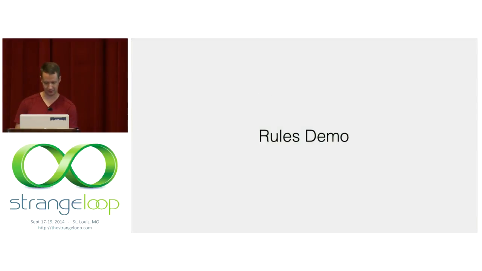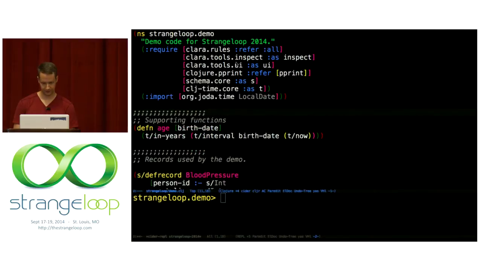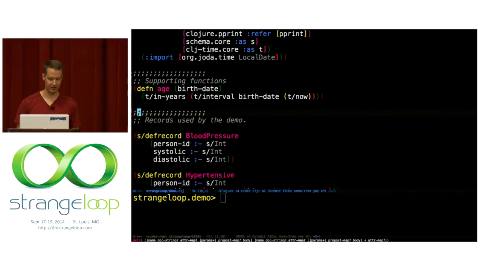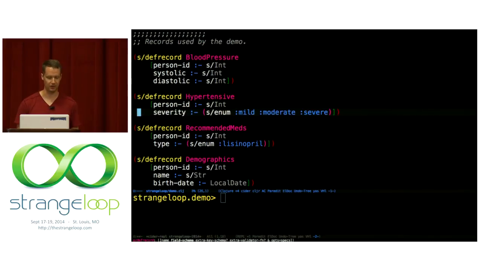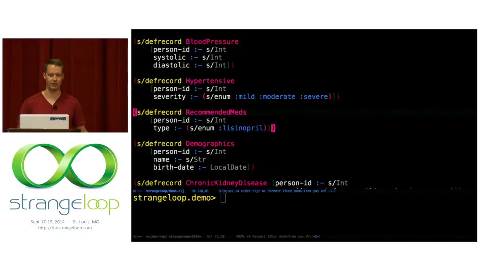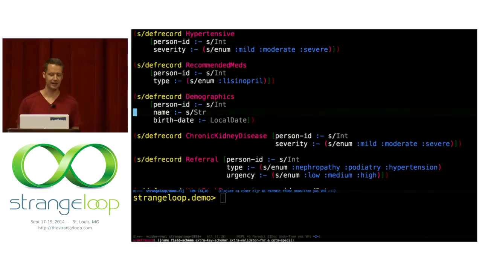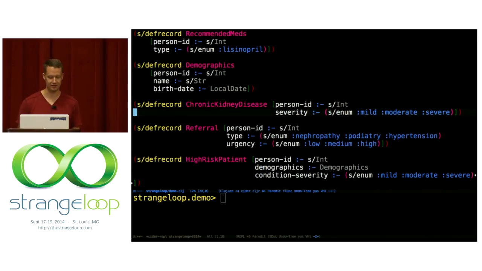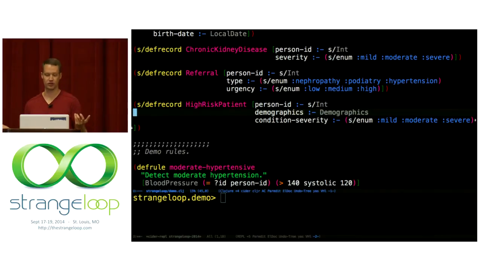So with that, we're going to take a quick look at some of the code for what Clara does. All right, this is just a valid Clojure file. There's nothing unique or special about this. Requiring just some things that we'll use in the demo early on, these are just some records and some functions that I'll use below. These are all defined using the Prismatic Schema library, just because it's nice to have a clear definition of what your structure looks like, but we don't need them to be Prismatic Schema records. They can be an arbitrary Clojure data structure that we can destructure in arbitrary ways. And as I mentioned a little bit ago, they can also be Java beans.